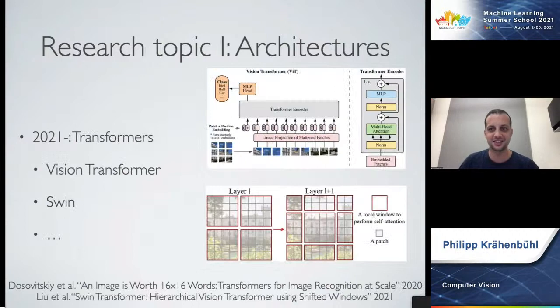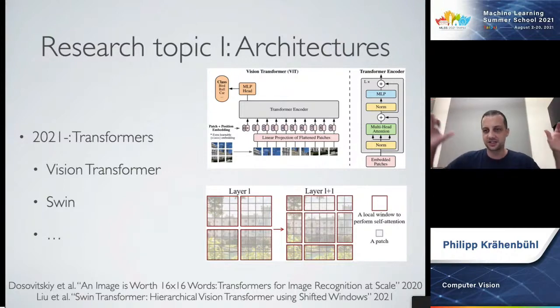Now, in 2020, something very interesting happened, which is that convolutions fell a little bit out of favor. It really happened with the paper that I cited down here, the first, which is An Image is Worth 16 by 16 Words, which showed that you can take an image and cut it up into 16 by 16 patches, and then feed that to a language model, just a standard transformer, and that language model is able to interpret the image.